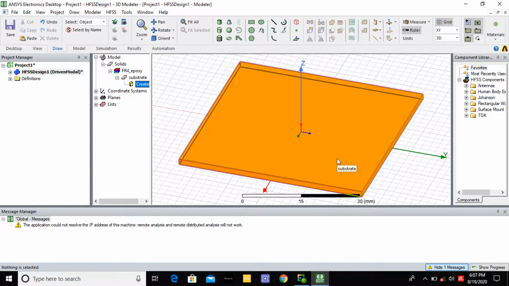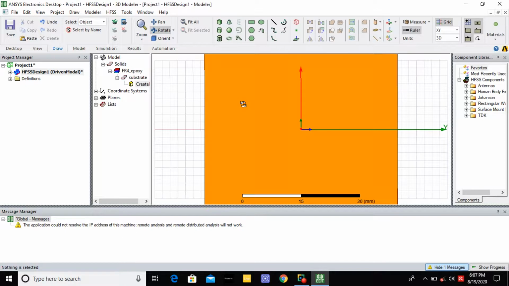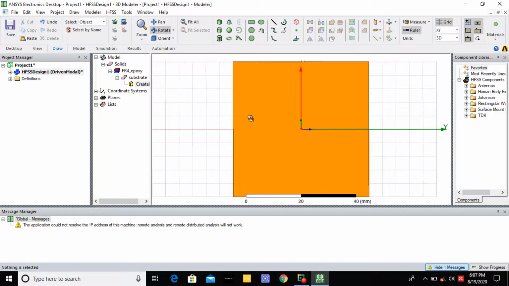How to draw the ground plane? Go to rotate, you rotate this object, then you press Ctrl D and it will come within the project window. Ground is a 2D dimensional sheet, whereas the substrate is a solid, so it is taken as 3D.